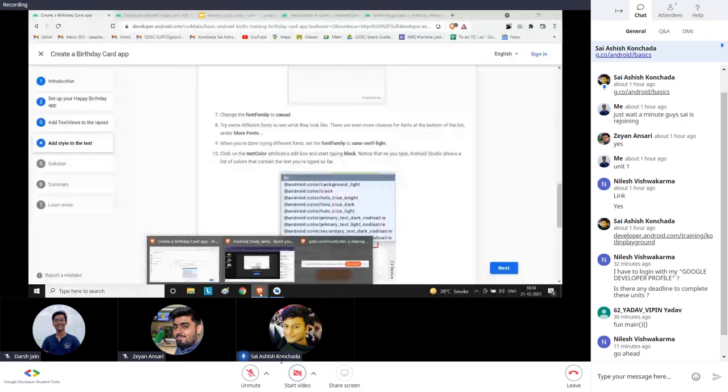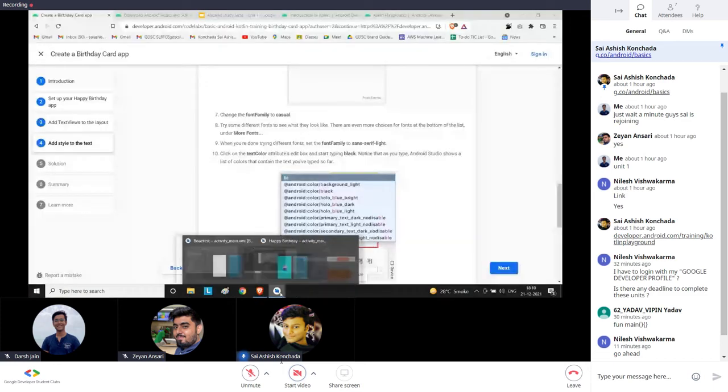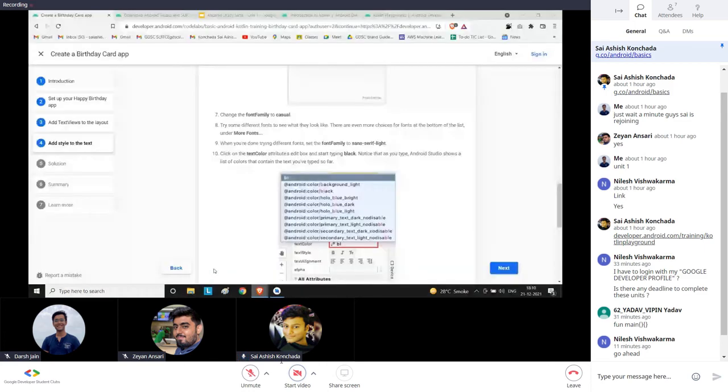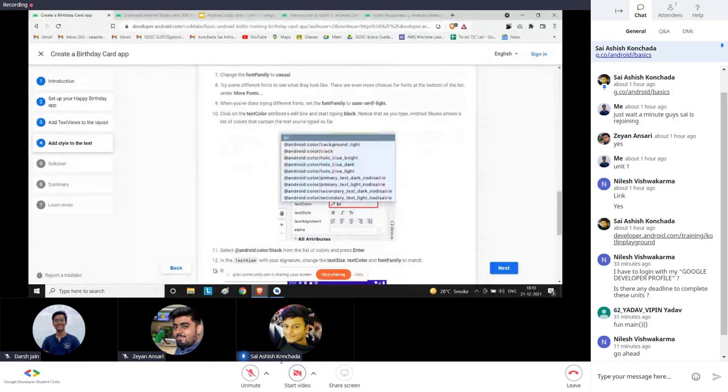Font family. Okay, so we can change even the font family. So let's see if we can just go to font. Okay, first to select. Yeah, font family. This is the sans serif. You can have other ones as well. They have mentioned to use casual. This is a different style of having it. Happy birthday in a different one. You can have a different font family, and we can change it to that.